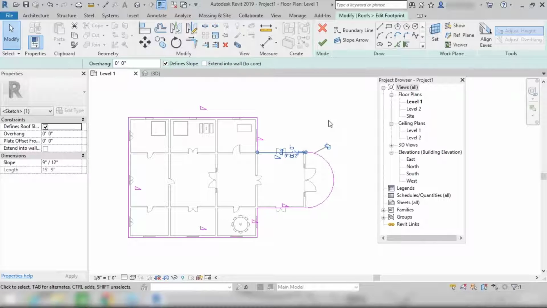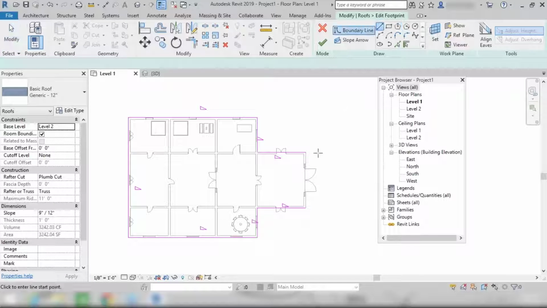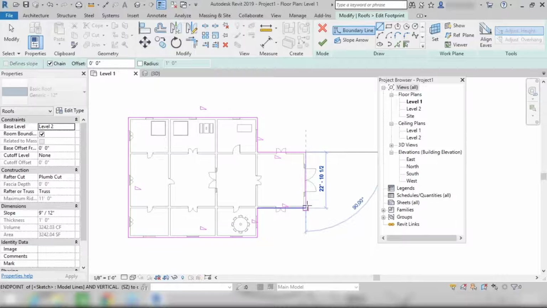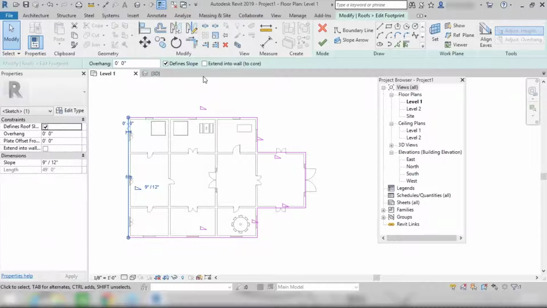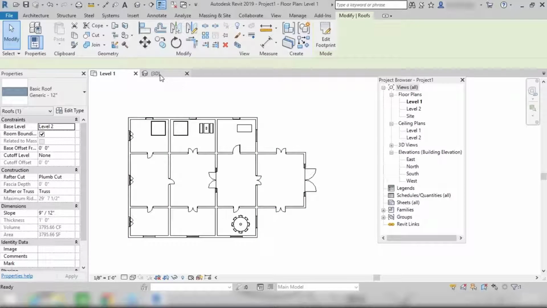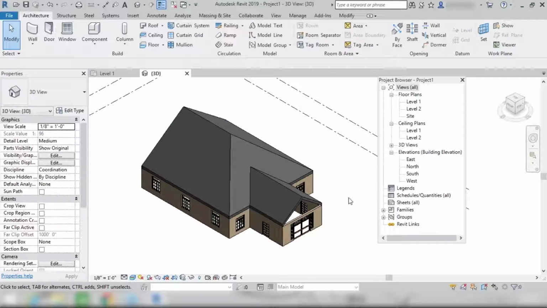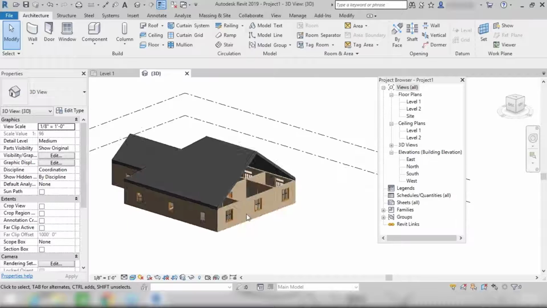Okay, so the last thing I'm doing, I'm deleting this and creating a straight line over here. After that, here I'm changing the slope for this as well. At this point, I do not want any slope. So let's finish it, and you can see this in 3D. So we have created this type of roof. But you can see some opening over here.